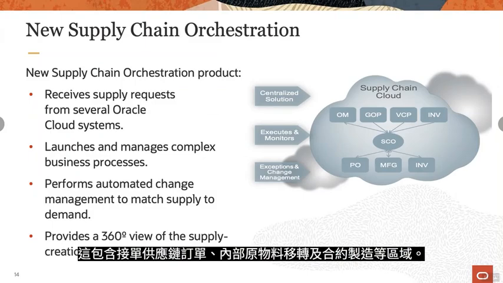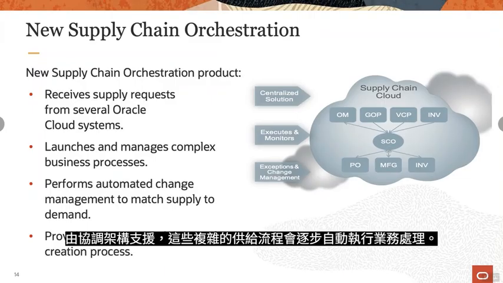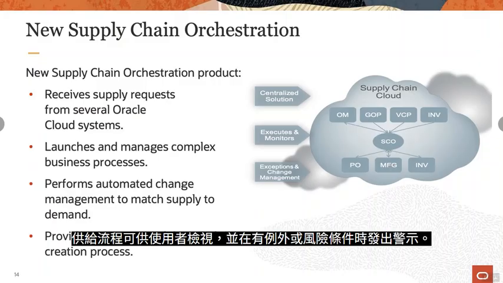Powered by the orchestration framework, these complex supply flows are automatically executed step by step through the business process. The supply flow provides visibility and alerts you when there are exceptions or jeopardy conditions. This improves the efficiency of the supply chain and